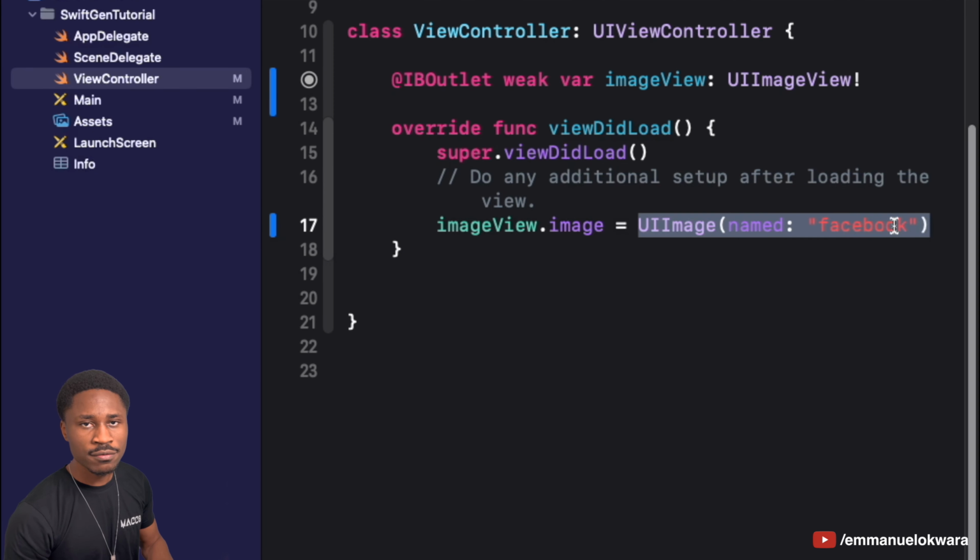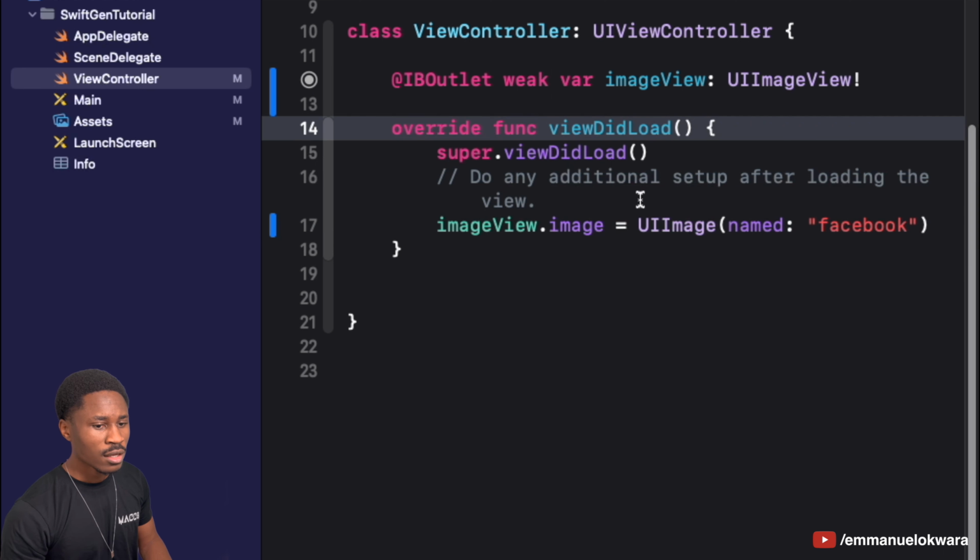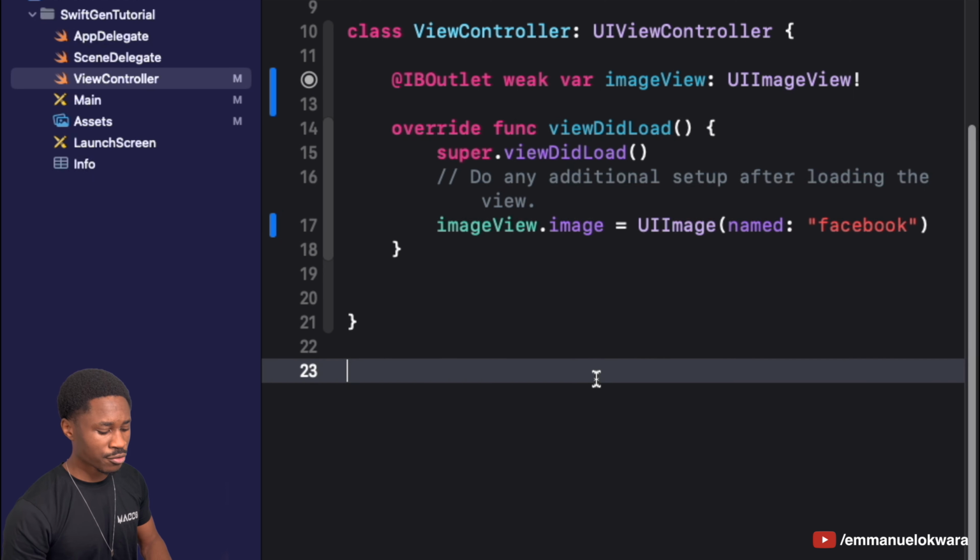Now, if for any reason the word Facebook changes or is broken in our asset or is missing, then we're not going to know. Nothing is going to happen. We're going to run the application, and then it's just going to be blank, which is not good, right? So what we could do to improve this is we can go ahead and create an extension